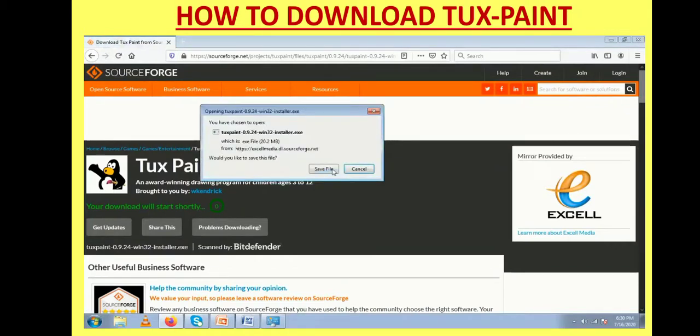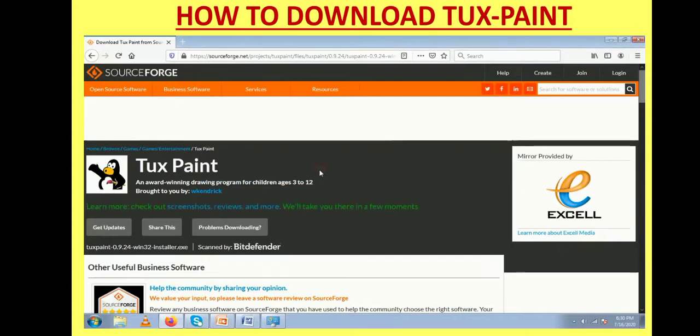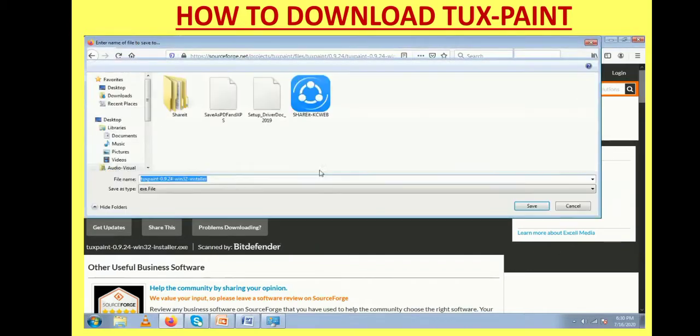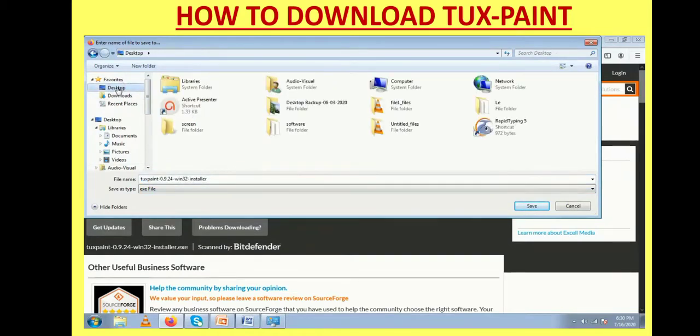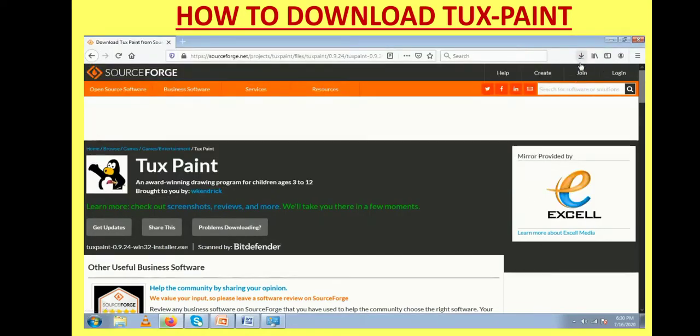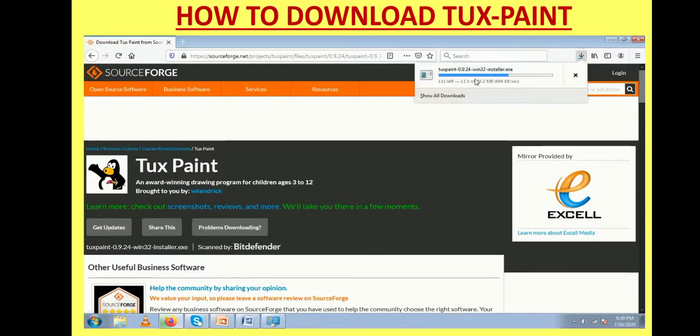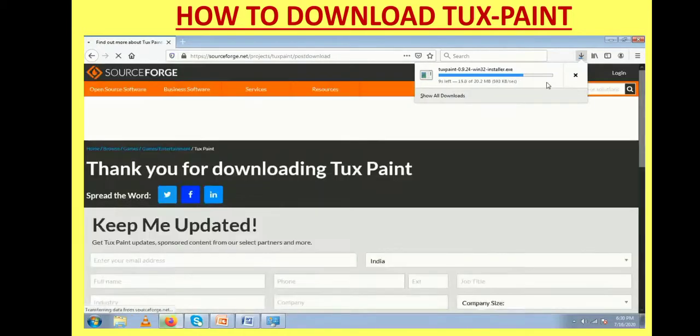And after some time you will see this window. Click on save file. Choose the location where you want to save your exe file, like desktop, and then click on save button. The exe file will get downloaded. You can even see the progress of the exe file being downloaded.